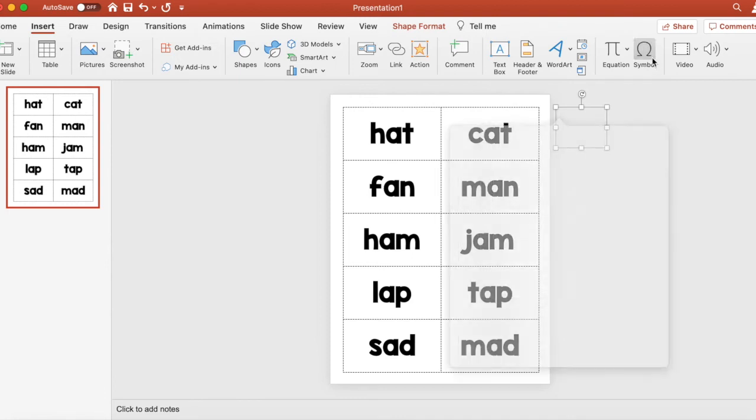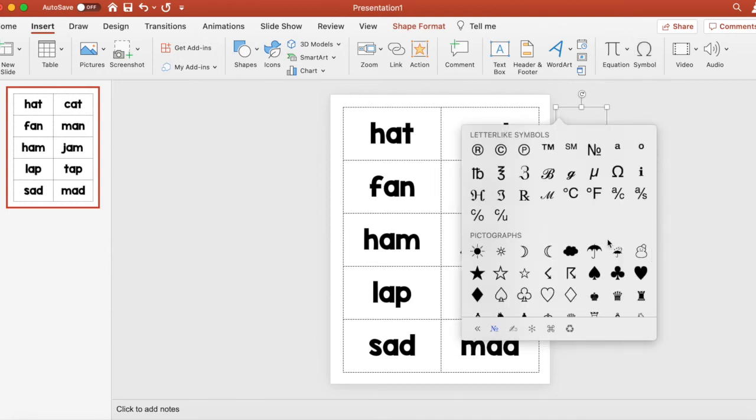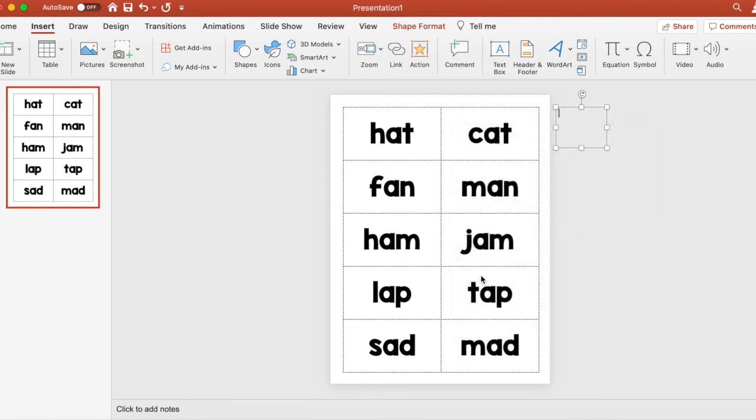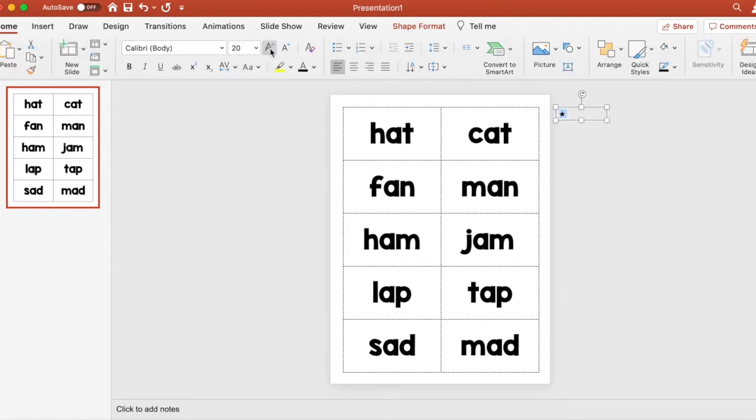In that text box, I might put a symbol, and you can use any kind of symbol. Let's just do stars and hearts. So I inserted a star. You can again make that as big or small as you want. The reason I am doing this is because I want to maybe help the kids who struggle to see, so they would have to find the matching star with the matching heart. And you can just put them in the corner, like I said, any size you want. And then again, I would do another text box, and then symbol, first symbol,